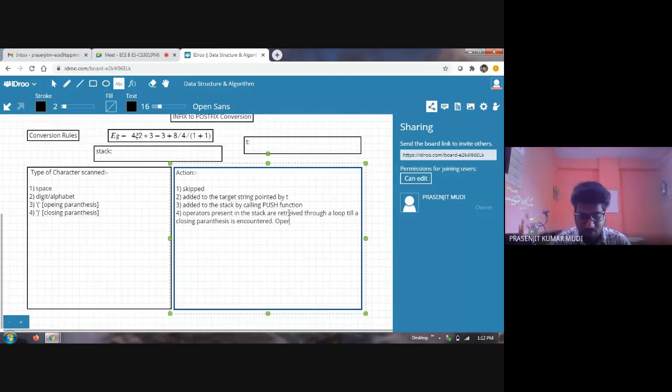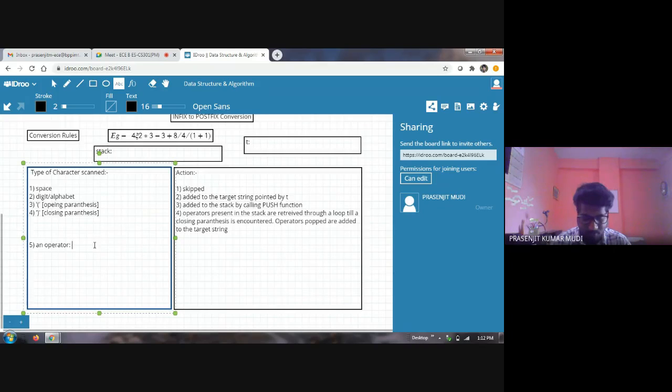Okay, operators popped. Retrieve means using the pop function you are retrieving one by one character operator. So operators popped are added to the target string. Okay. Okay. Next, if the character is an operator like